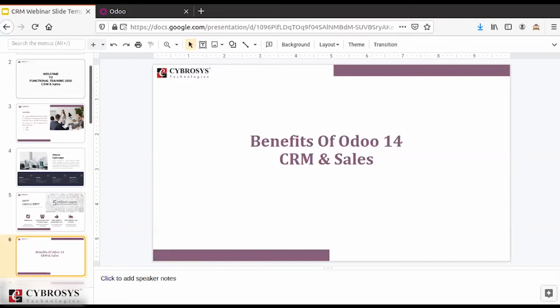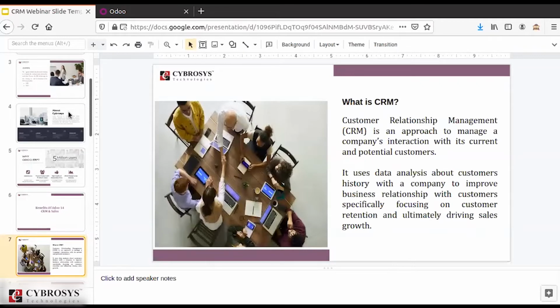Then the further procedures go on, like sales management and other internal processes within your organization. So let's move on to our training sections for today.